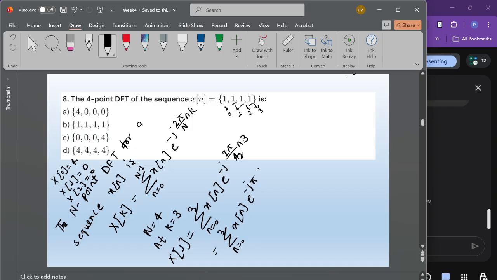So here you will get 3 pi by 2 n. So just remove the pi and put the values: x of 0 e to the power 0 plus x of 1 e to the power minus j 3 pi by 2 plus x of 2 e to the power